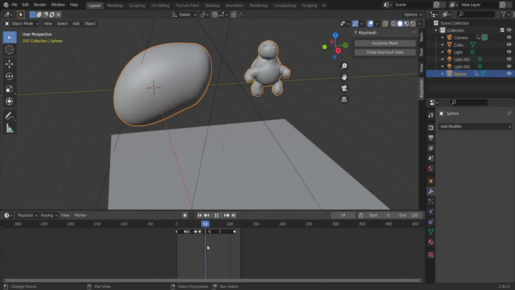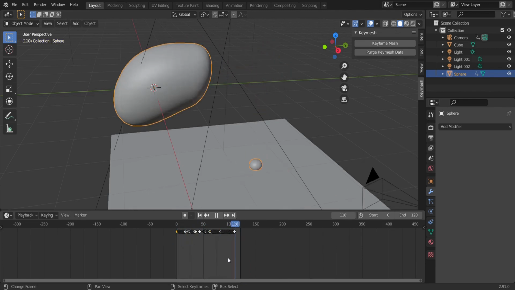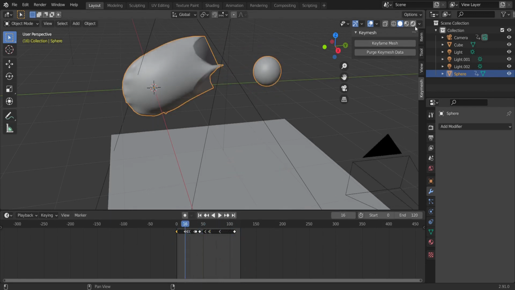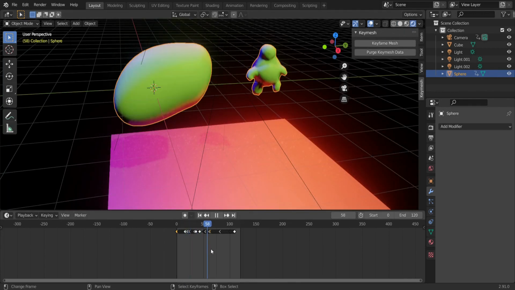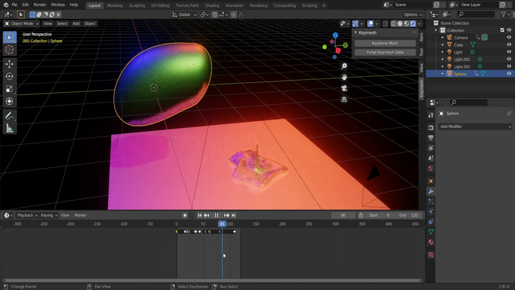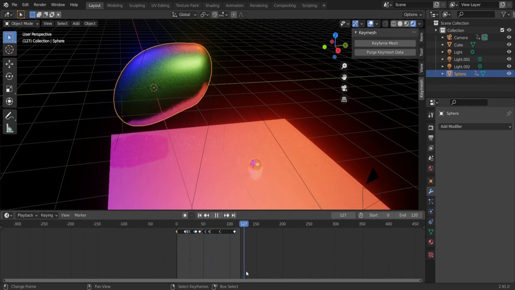Recently, I was able to do an experiment about the Key Mesh feature of Blender, which allows you to create stop motion, clay-like animation easily. However, this feature is currently at the experiment stage. It is not in the latest Blender version, but they allow us to use it as an add-on.